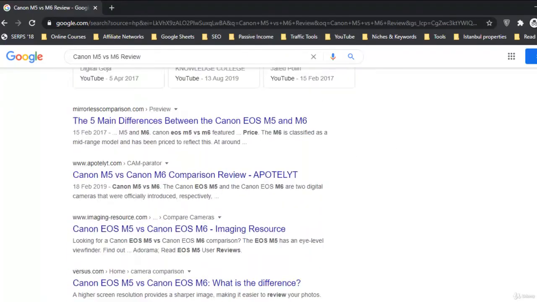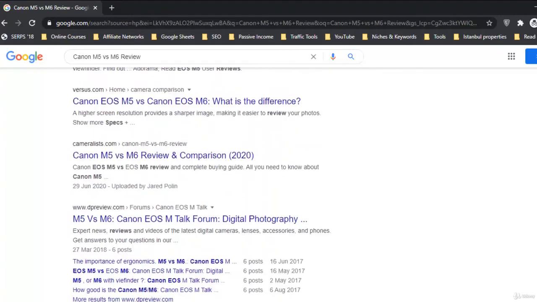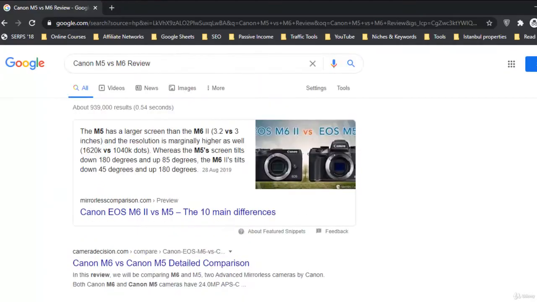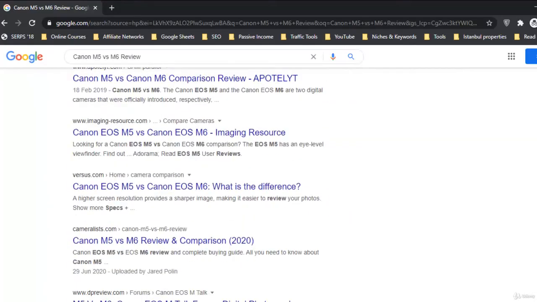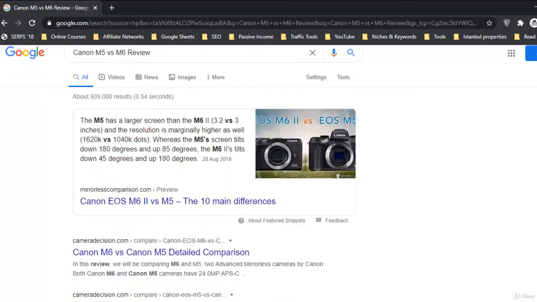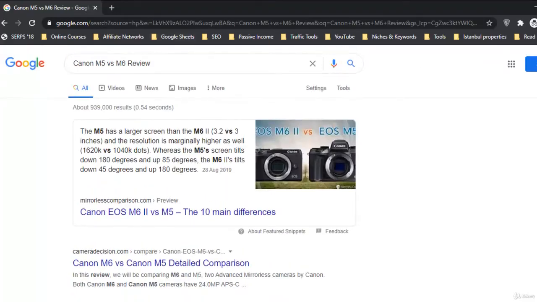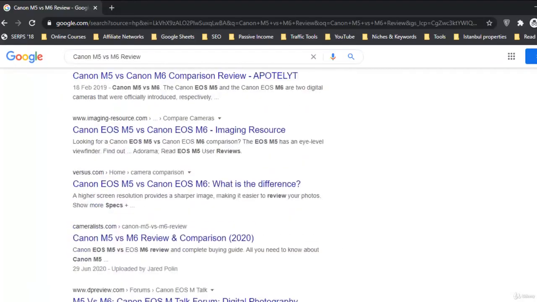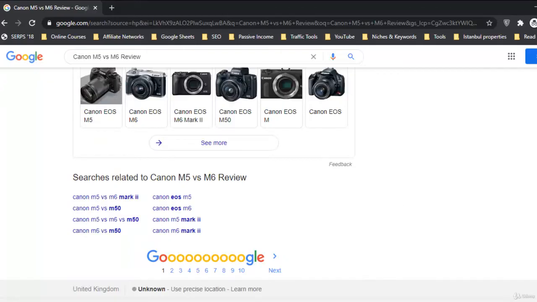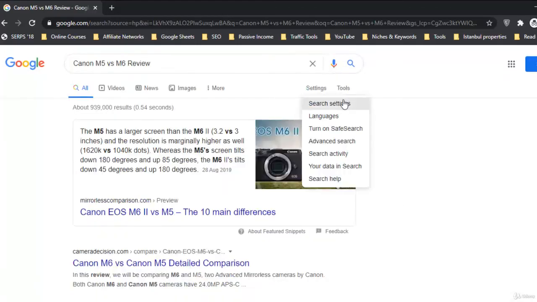For the United Kingdom, you can see this website cameralist.com, and our article is on the first page. This is the first page. Okay guys, and congratulations guys, the keyword is on the first page. You can check this keyword, Canon M5 versus M6 review, on the Google UK search engine, and you will see this on the first page. While if we check it for the US,